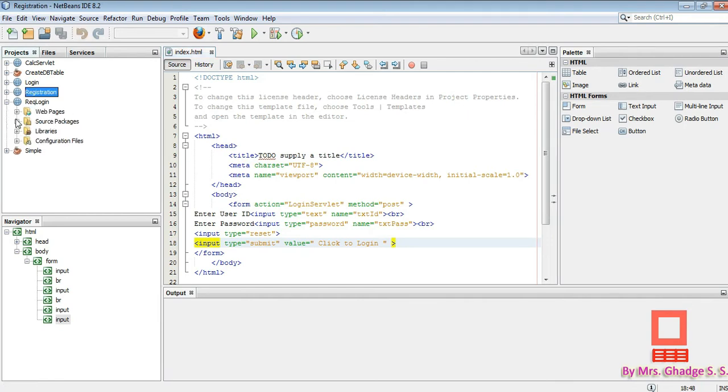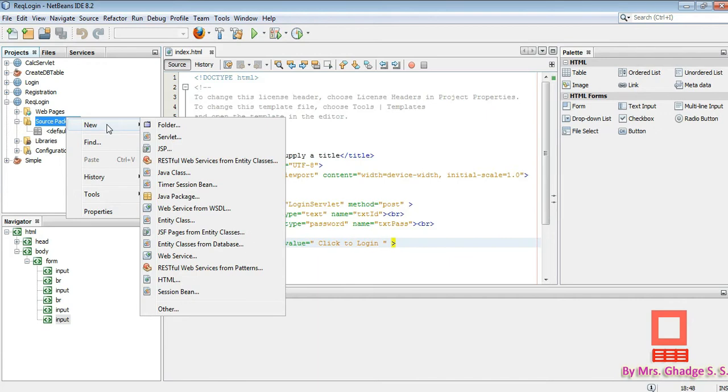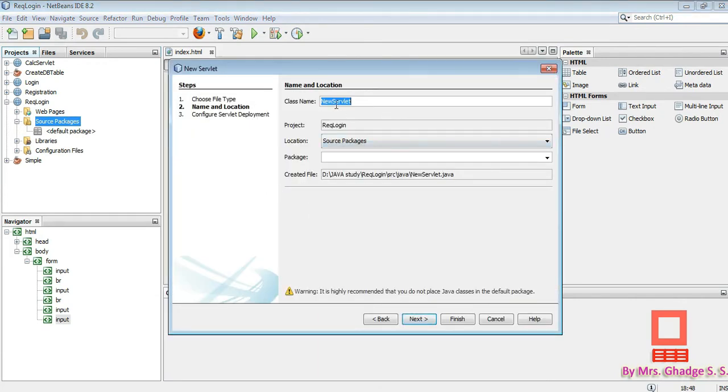file. For that you need to right click on source packages, right click new, and here is the option servlet. So here we have to write the file name login servlet, and suppose we put some package name like servlet. I wrote here servlet. Just click on next.